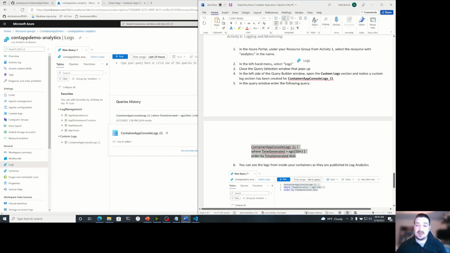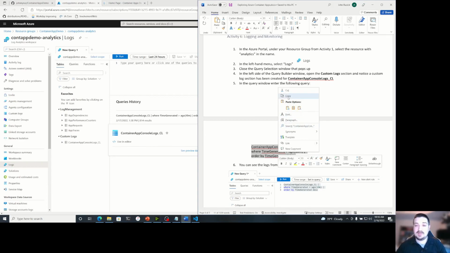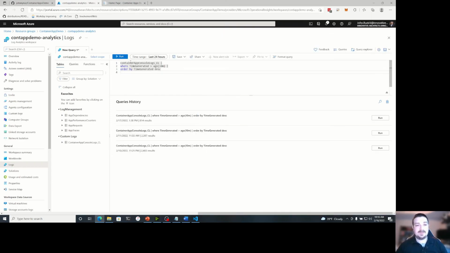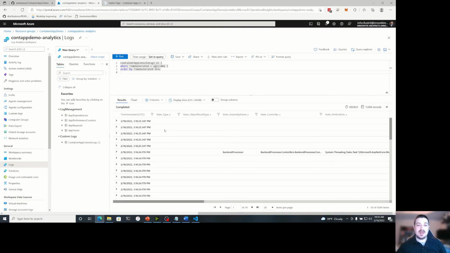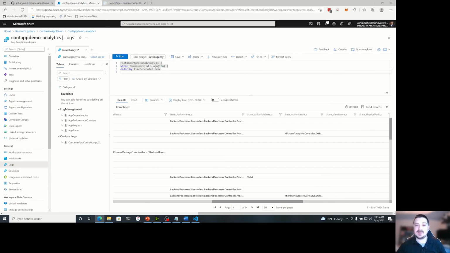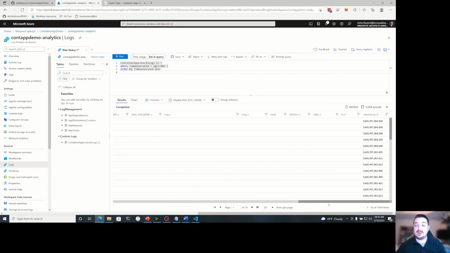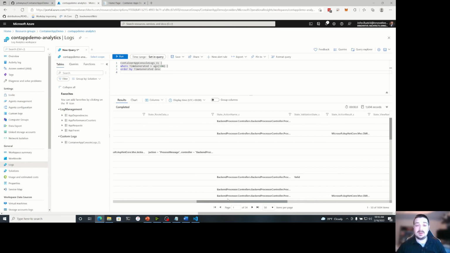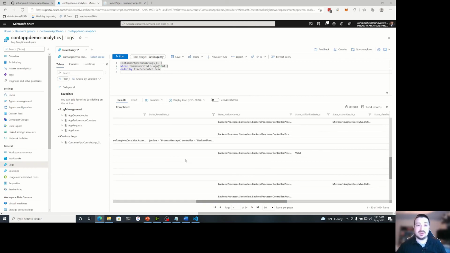And so I've got a query here in the document that we can run, and you'll see all of the data for our containers. So you can see our backend processor controller and all of the different information about these containers that are being published to the logs.